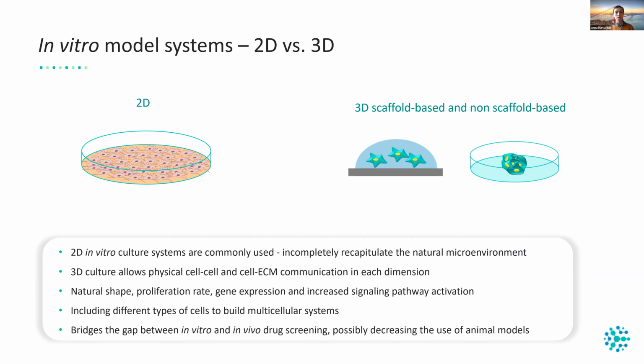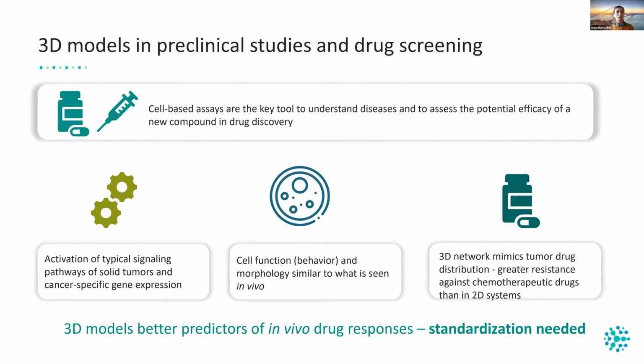Further, in such 3D systems, you can build up multicellular systems. Such 3D systems can bridge the gap between in vitro and in vivo drug screening, and possibly decrease the use of animal models. 3D models are used in preclinical studies and drug screening. They are a key tool to understand diseases and to assess the potential efficiency of a new compound in drug